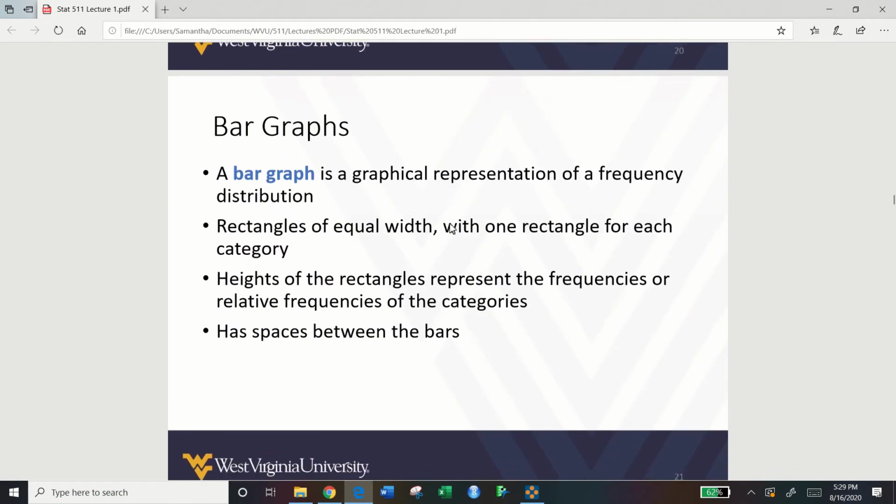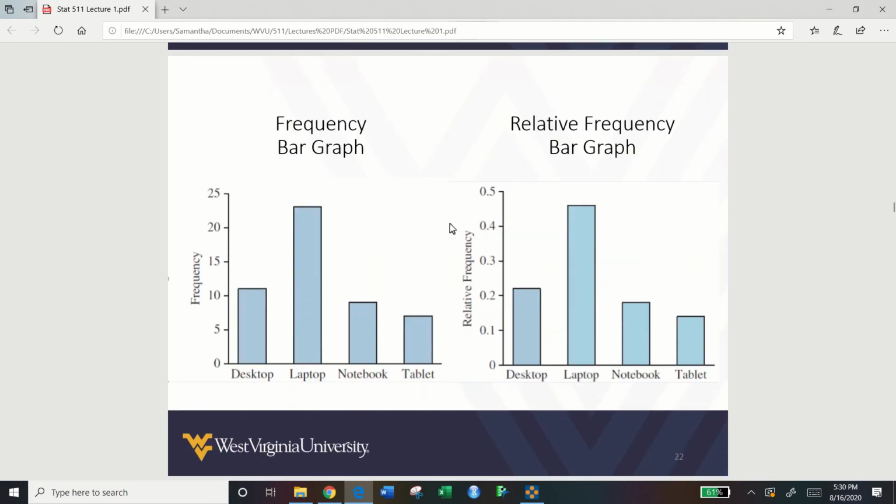Now we can show our frequencies and our relative frequencies in a number of ways. One of the common ones is a bar graph. We know that bar graphs generally have rectangles of equal width with one rectangle for each category. Heights of the rectangles represent the frequencies or relative frequencies of our categories, and we have spaces between each of our bars. Take a look using our desktop, laptop, notebook, and tablet data,